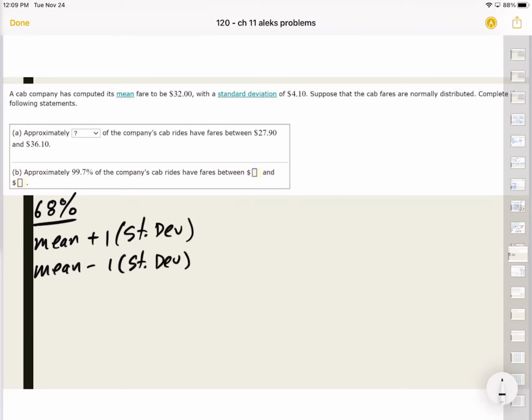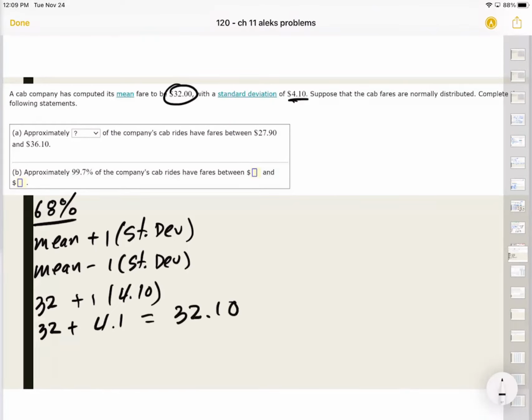So if you do this here, what is my mean? My mean is 32, my standard deviation is 4.1. So 32 plus 1 times 4.1 will give me 36.1, right? And again, 32 minus 1 times 4.1 will give me